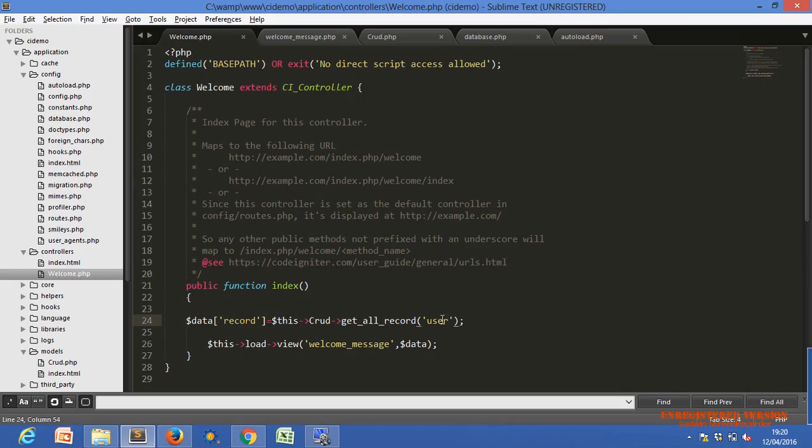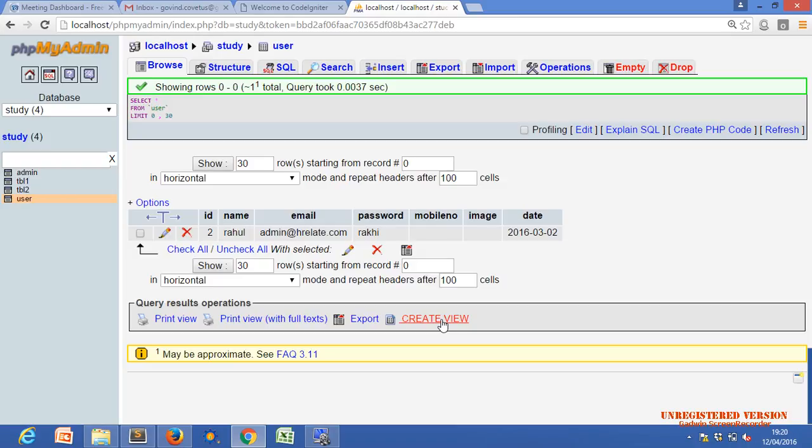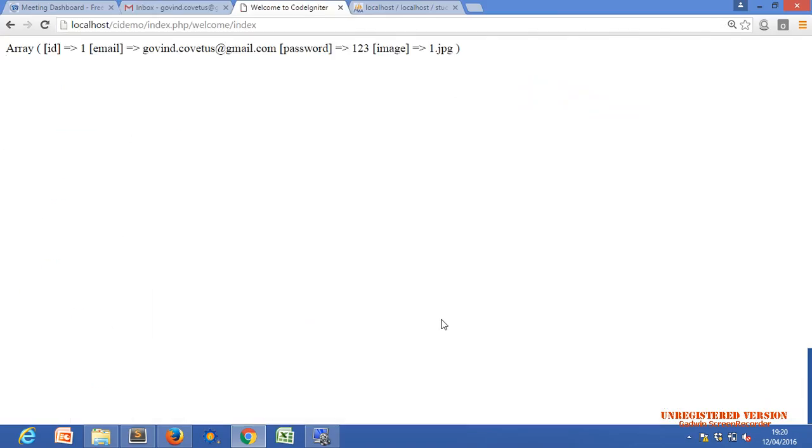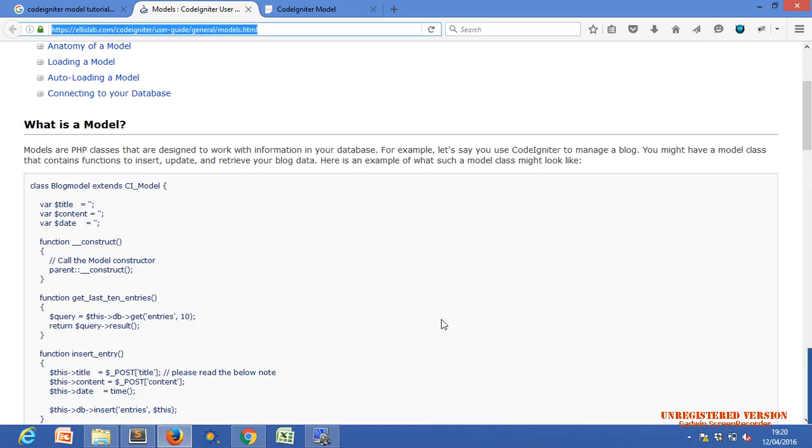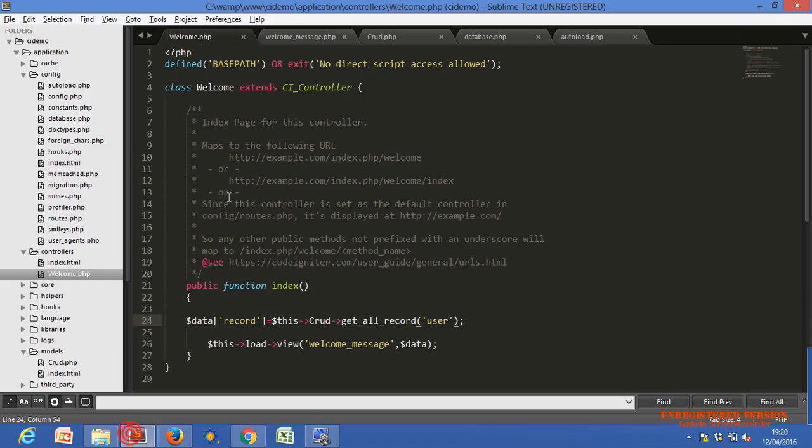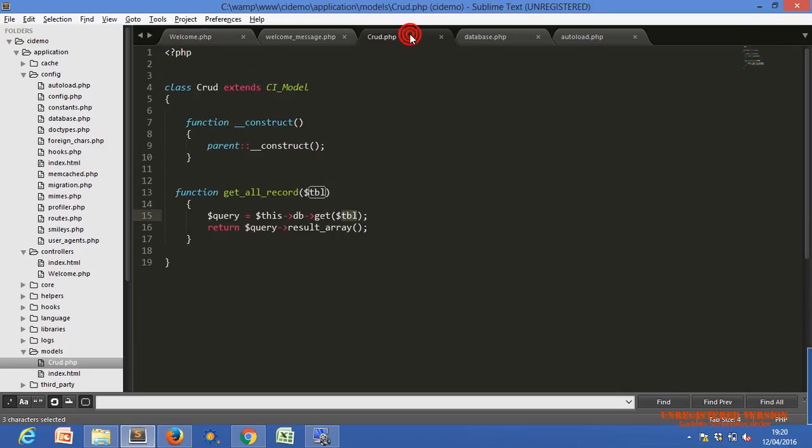Just refresh this, and you will get different records. So we can fetch records from any table with the help of this CRUD model function. Do you understand, Khushi?